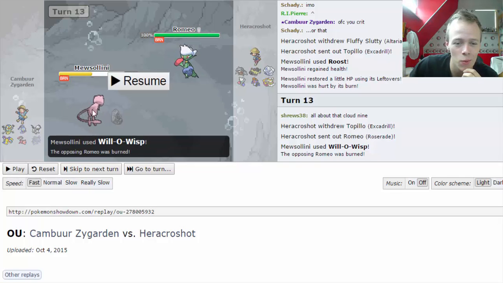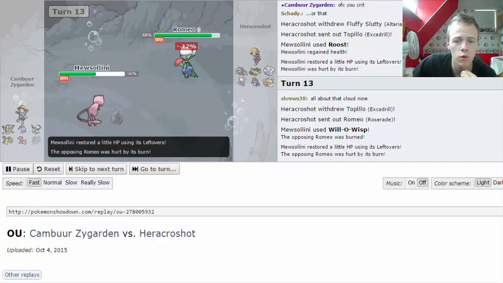I'd say, and I make the double Will-O-Wisp play, because if he is adamant max attack, I do outspeed his Mew, his Topilo's Excadrill, which I expect him to be adamant. He could be Jolly, but I think adamant would be fine, because he still outspeeds my Scarf Archeops if I decided to bring that, or if he prepared for that exceptionally. So yeah, I go for Will-O-Wisp, he switches in Roserade,